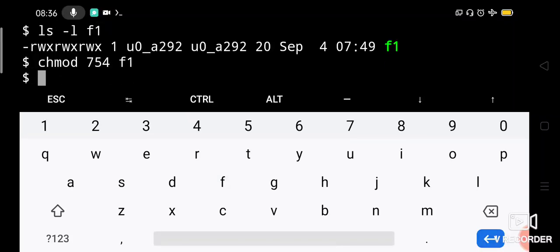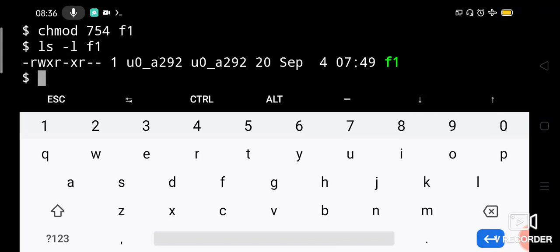Let us see whether it changes. See what we are giving: all permissions to the user, then read and execute permission to the group, and only read permission for others. Let us check whether it has changed or not. Yes, it has changed, right?